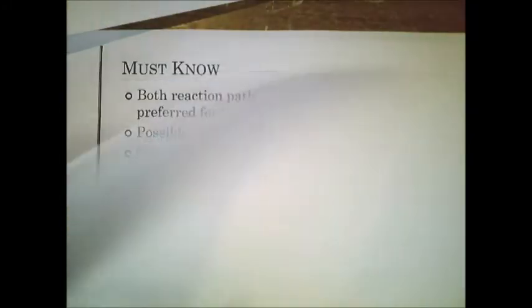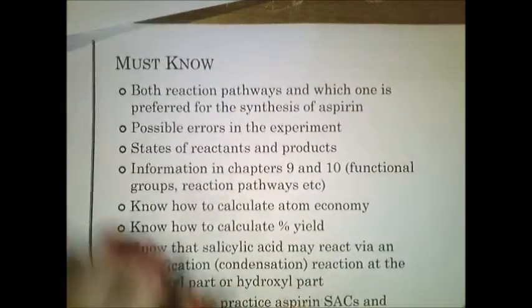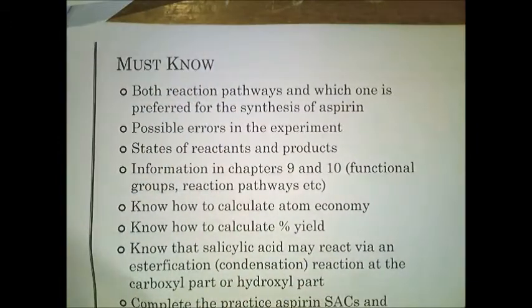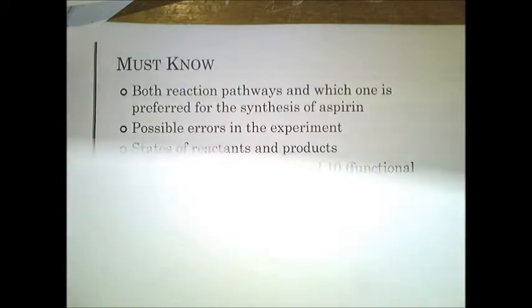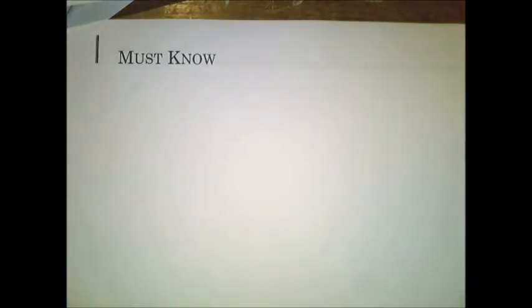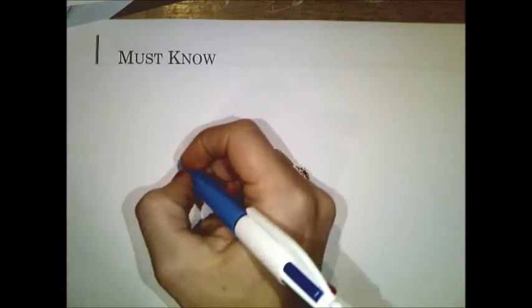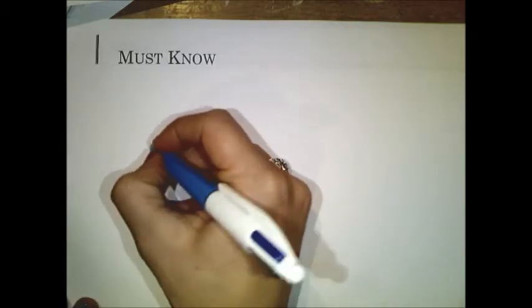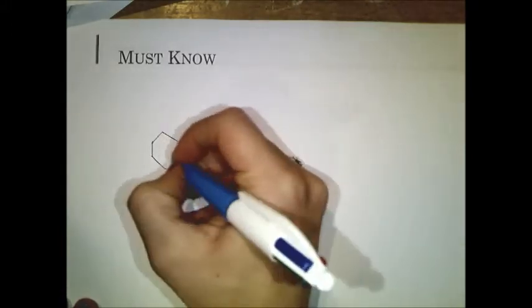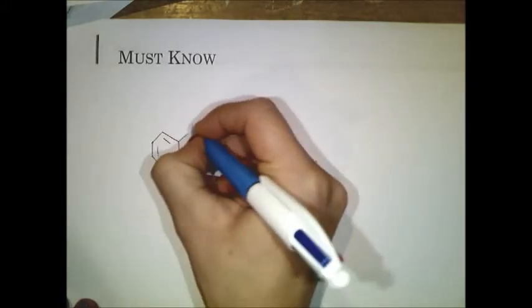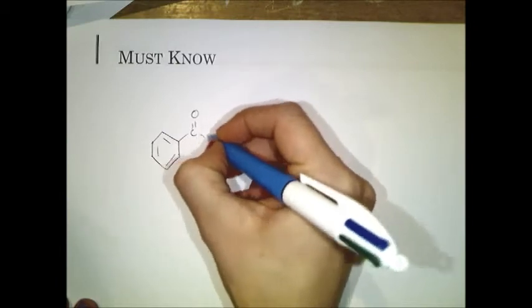So first of all, things that you must know for the aspirin SAC. So what I would suggest is you know both reaction pathways to produce aspirin, as well as which one is preferred for the synthesis of aspirin. So we learned about that in class, and basically I'm not going to go through it in any great detail, but you must know the structure of salicylic acid, which looks like so,